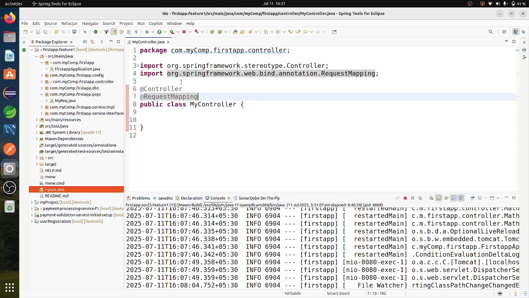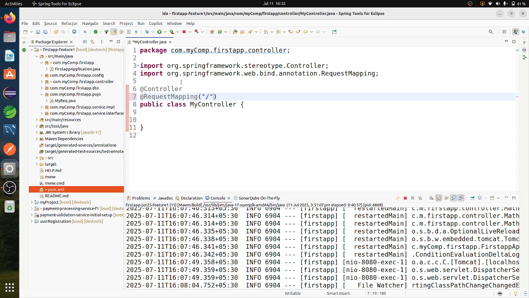So now I am able to take the request, but whenever the user wants to communicate with this class, he has to come to this class. It means he has to specify an API, which is nothing but a URL. Any user cannot simply call an application. He has to know the URL. With the URL only he can call that application. In the same way, I am mentioning some API here.